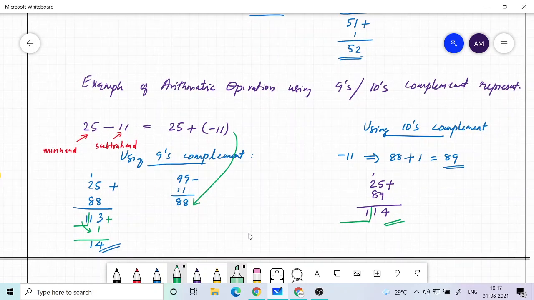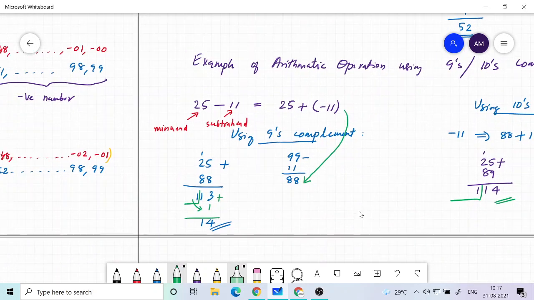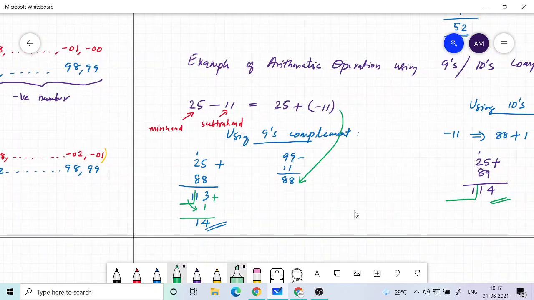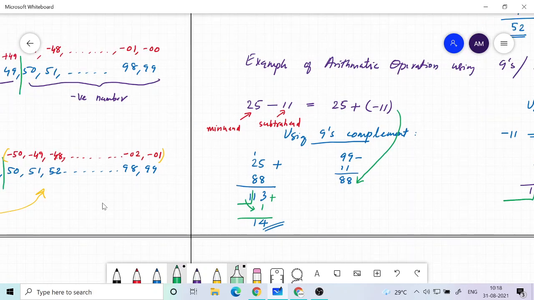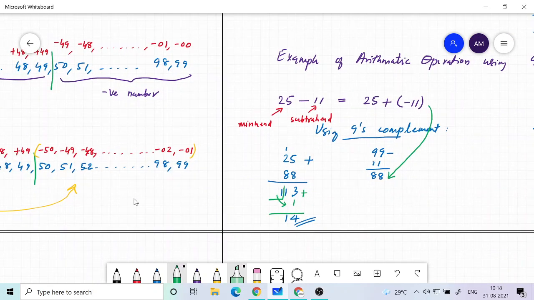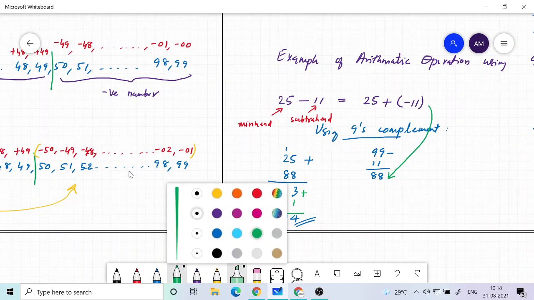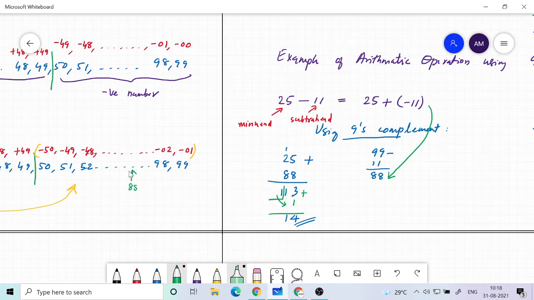Okay, so let me try to explain what is going on here. So if you go back to the mapping which I showed in the beginning, then what we are basically doing is we are adding 25 to 88. Okay, so 88 is basically minus 11, so that is somewhere here. Okay, so somewhere here we have 88 representing minus 11. So to that we are basically adding 25. So the number will keep moving like this, and then